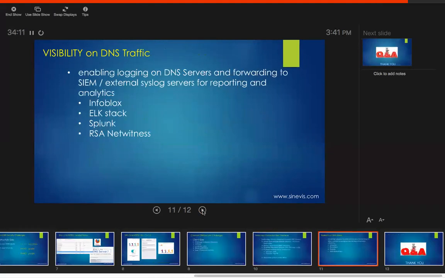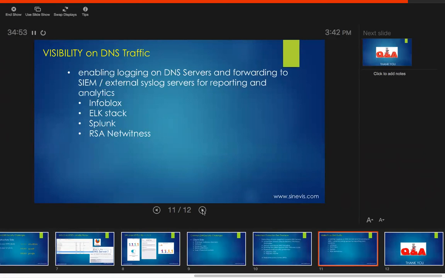What else? This is the last topic, visibility, which is very, very important. Visibility is basically that we want to see, on a daily basis, in a report, alert or dashboard in your security operations, which are the top users querying DNS for outbound or outside queries, and which are the countries involved, because using a SIEM solution, whichever you have, you can see